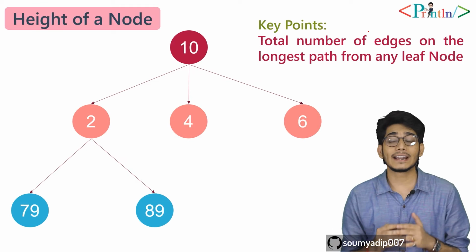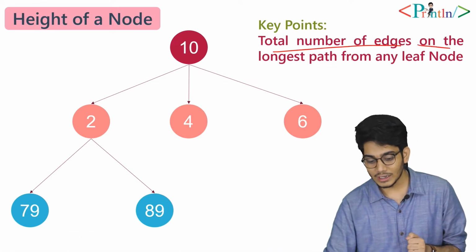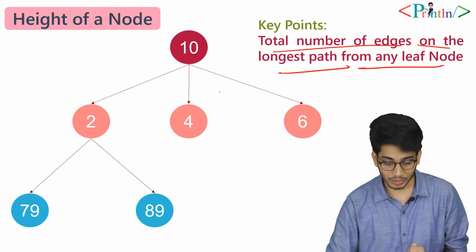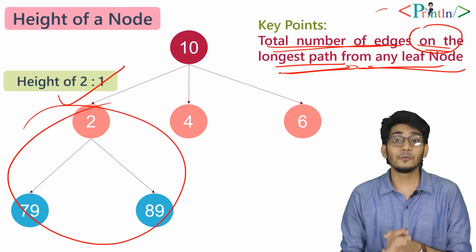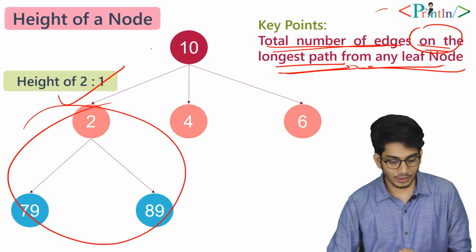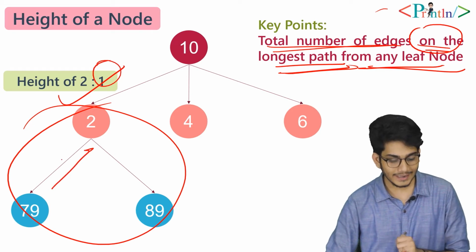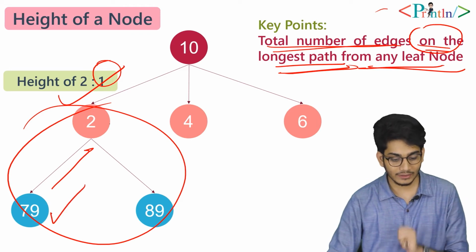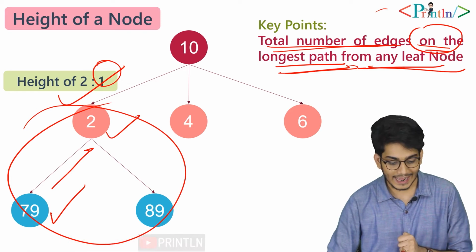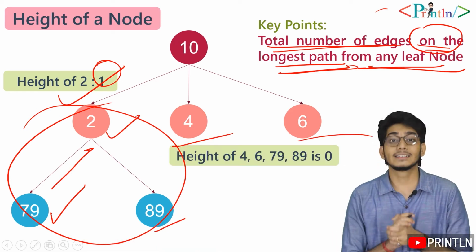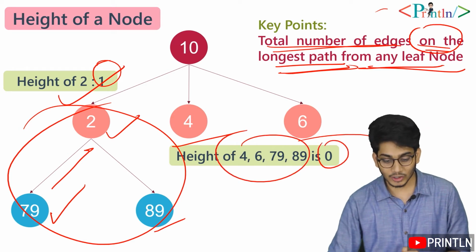Now we'll talk about how we can determine the height of a node. It is the total number of edges on the longest path from any leaf node. So what is the height of 2? That is 1, because here we have only one path between the parent node and the child node. What is the child node? That is 79. What is the parent node? That is 2. So the height of 2 is 1. Now the height of 4, 6, 79 and 89 is 0 because they don't have any child